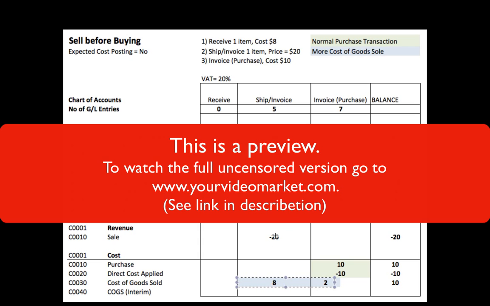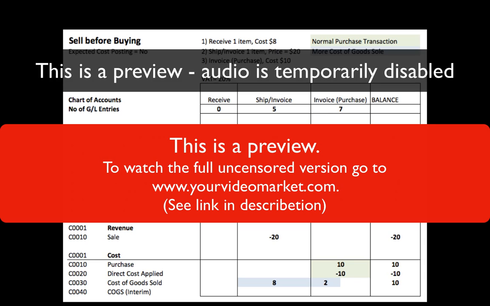made a total profit of 10, because we have increased the value of the goods sold from 8 to a total of 10. And this increase in cost of goods sold is also recorded on the inventory, so that when we look at this as a whole, it looks like we have bought items and we put those items